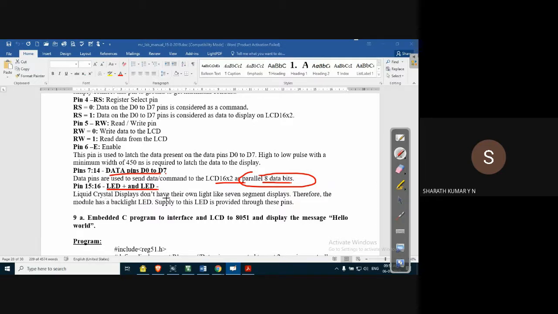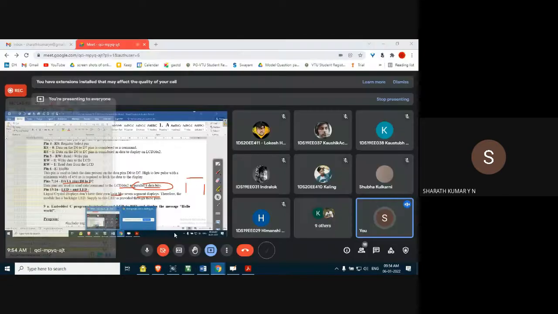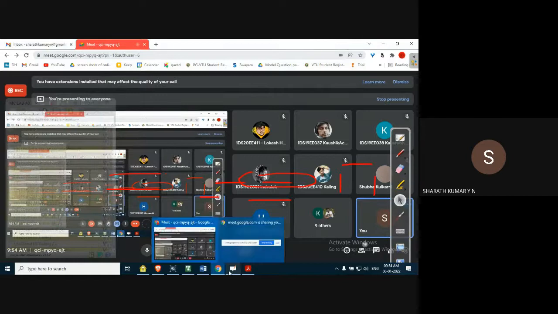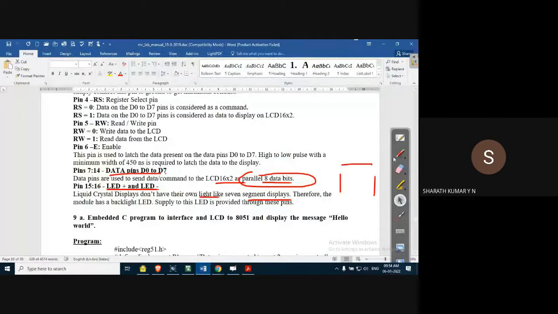Liquid crystal displays don't have their own light. Like a 7 segment display, where each segment is made of LEDs, which provide their own source of light, that is not possible in a liquid crystal display, and hence we have to provide additional light. To provide that light, we apply voltage.